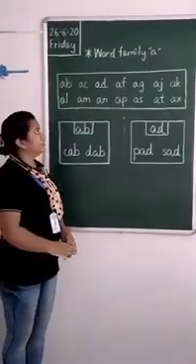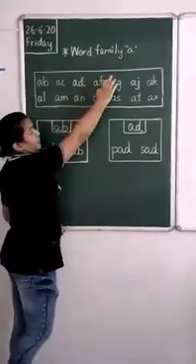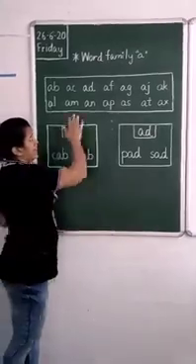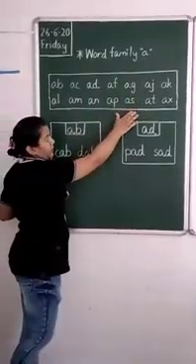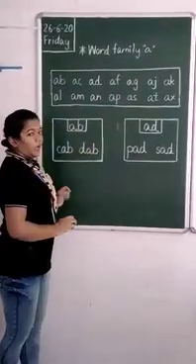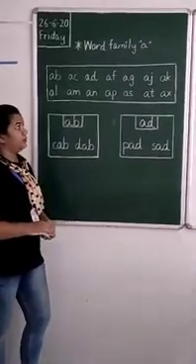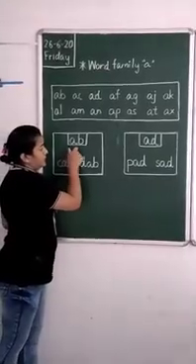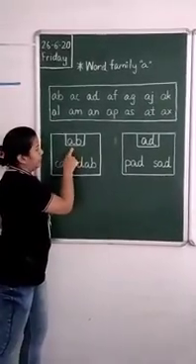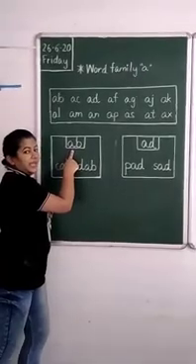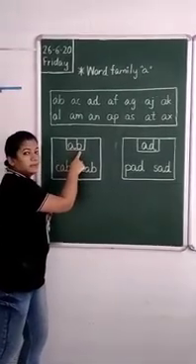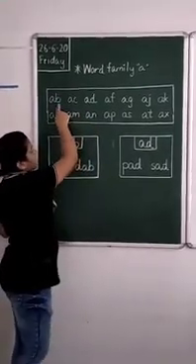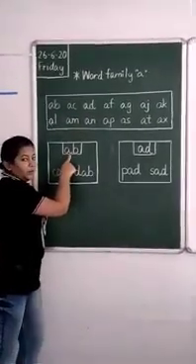So children, we have studied the word family of A and the 2-letter words of A. This is the A family, the 2-letter A family. Now what will we do? We will do 3-letter words. See, I have taken this from the A family, 2-letter. What is this? A says a, B says b. What does it become? Ab. This is ab.